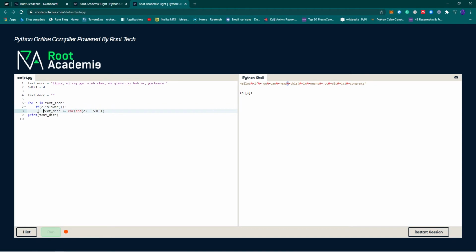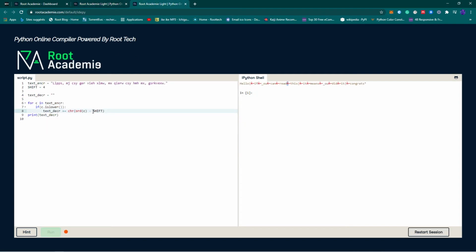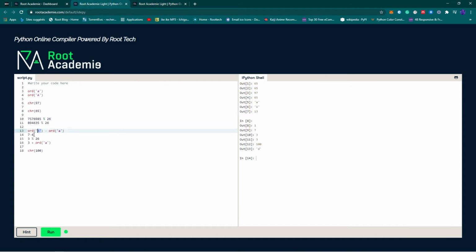So if it's lower, first of all, ord of c, like we said, which in an example we use h, so ord of c minus ord of a, and then we minus the shift,